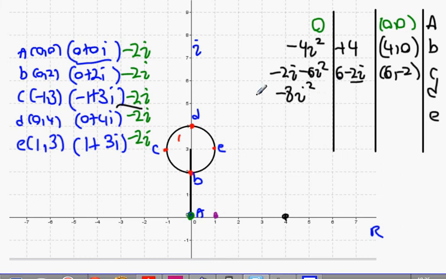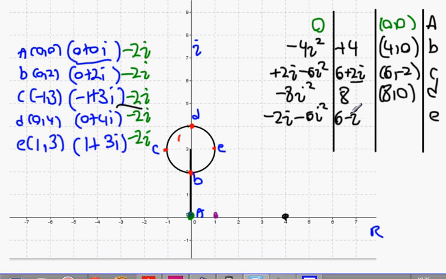Plus 8, because it's minus 8 times minus 1, which is 8. So that's just going to be the point 8, 0. Finally, 1 plus 3i multiplied by 2i minus 2i minus 6i squared. Sorry guys, 2i multiplied by minus 1 was plus 2i. Sorry, that's where I made the mistake initially. And now this one is